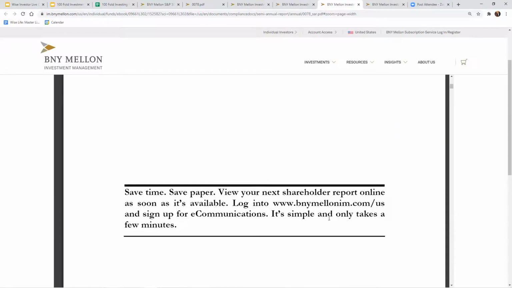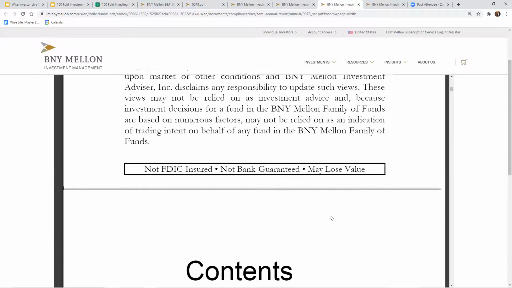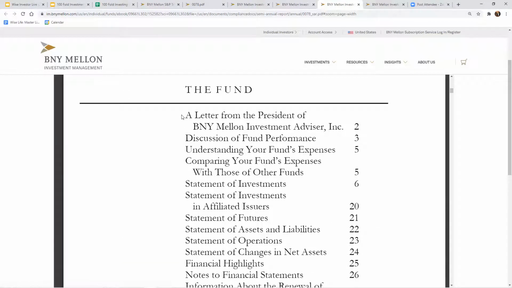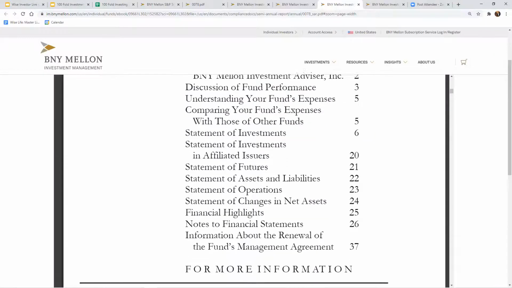Now, the semi-annual report is going to be more of a conversation, and they're taking information from different people who are vested in making decisions. So a letter from the president, a discussion of the fund, understanding.